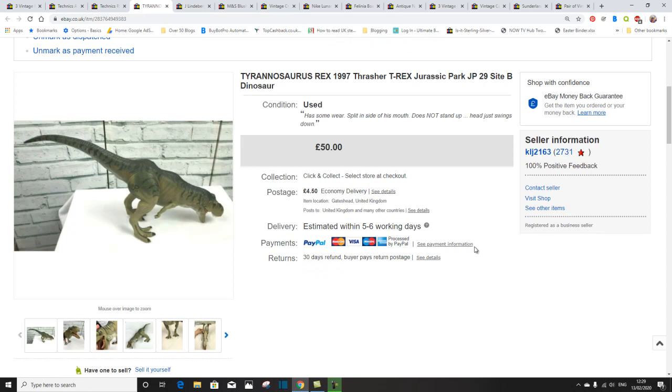Next is this T-Rex. I have seen people pick these up before. It is a Jurassic Park figure of a dinosaur, figure? Yeah, I think you would call it a figure. I think you can get Jurassic World ones as well, and you kind of know by, if I can see a picture here,